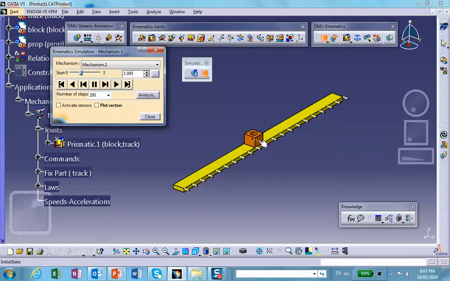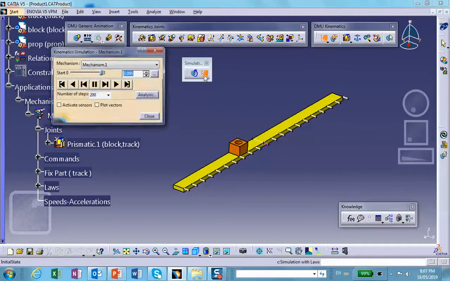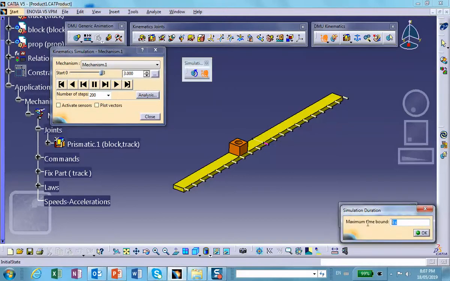Just going to put at 3 inches and close. Okay. Now suppose I wanted to make this 5. In other words, the duration of simulation to be 5. If I click on this and make it a 5 and I close it,